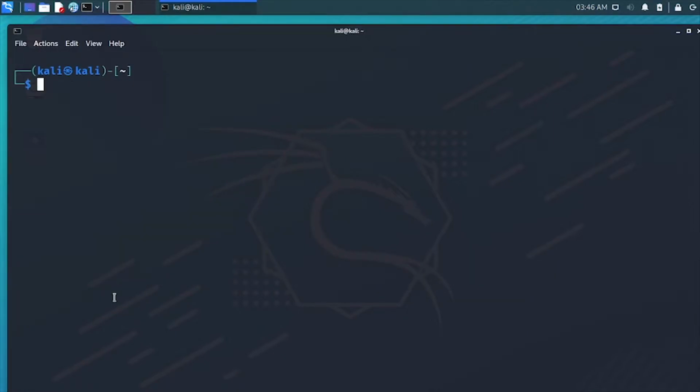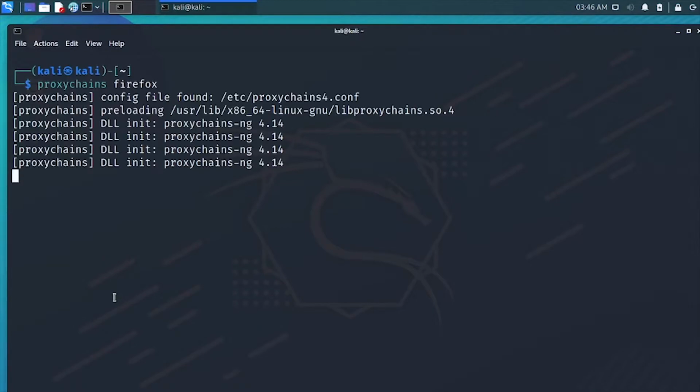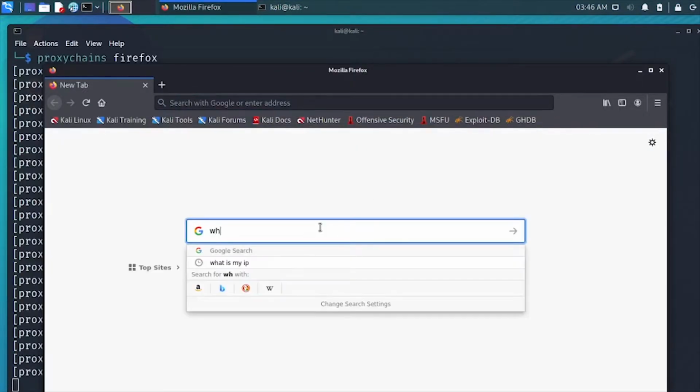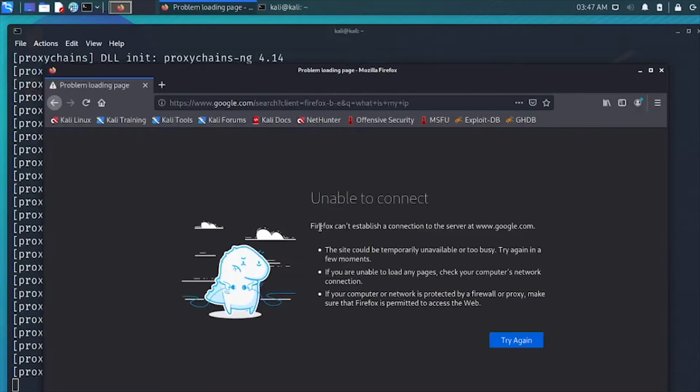Okay, fine. So first I'm going to tell you how to use proxychains. You have to use proxychains and the name of the application you want to apply this proxy to. For example, if I am using Firefox here, then you would see that I got this page, and if I write here what is my IP, you would see that